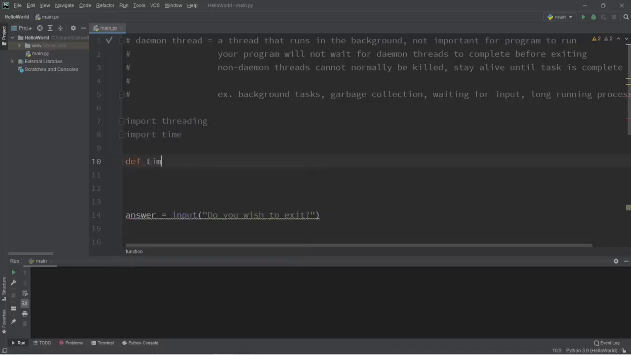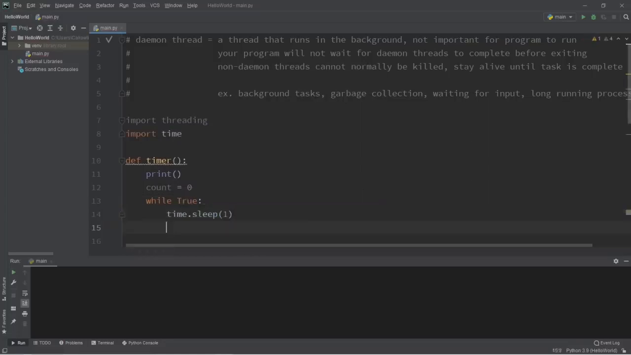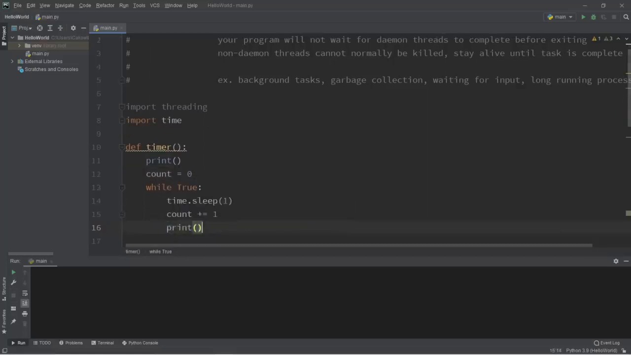So let's create a function named timer. And what we'll do is just display how long somebody's logged in. So let's say we have a count variable. While true, we'll use the sleep function of the time module to sleep for approximately 1 second. Then we'll increment our count variable by 1, and we'll print a message. So let's say logged in for count